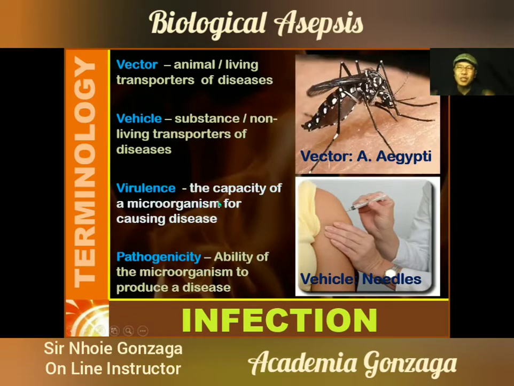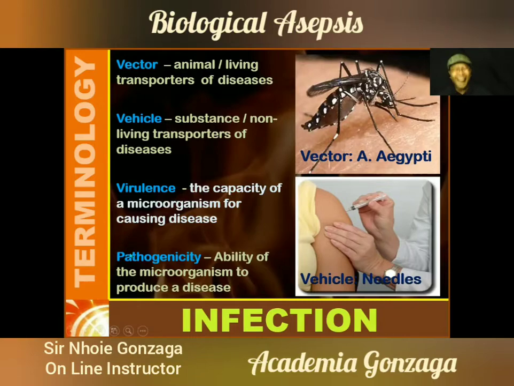Meaning, this is the strength, this is the force, this is the stamina of the microorganisms, the virus or the bacteria, to cause that disease. Now, example, a virus enters your body, but the virulence is low, then your body will be good enough to kill that virus. But when a virus or a bacteria enters your body and it's very strong and has the tendency of defeating your immune system, then you call that a very strong virulence.